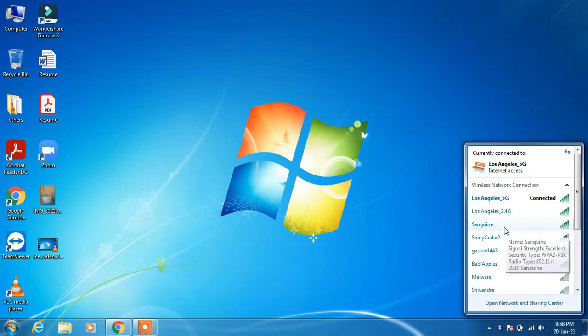So one is the 2.4 gigahertz and the other is the 5 gigahertz. If you are using the 5 gigahertz SSID or the network ID, then you'll have a faster internet speed and the range for that will be 6 meters only.